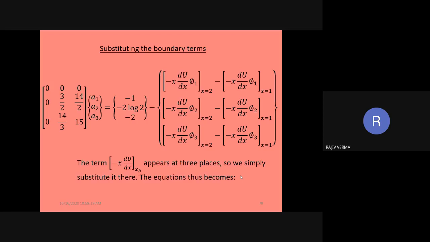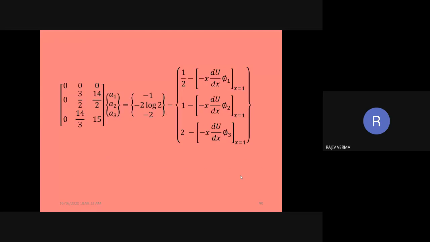The term minus x du by dx to be evaluated at xb appears at three places. So we simply substitute it there. The equation thus becomes, we are going to substitute the value at these three locations, and the resulting equation is going to be this thing. So the problem now is